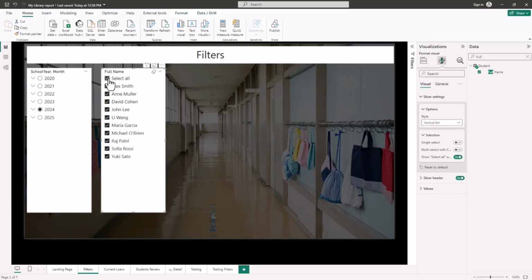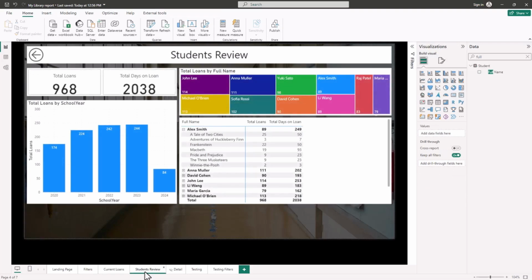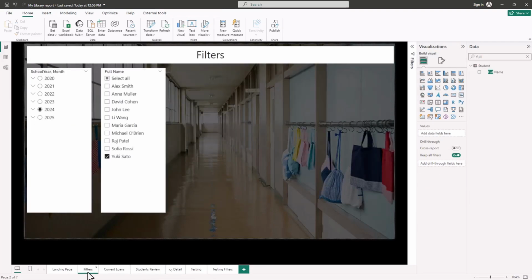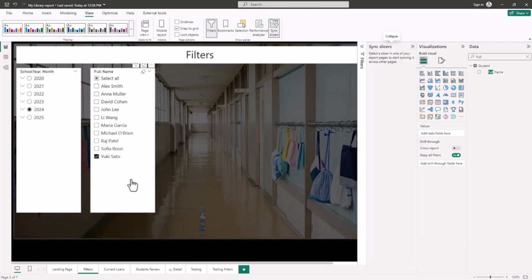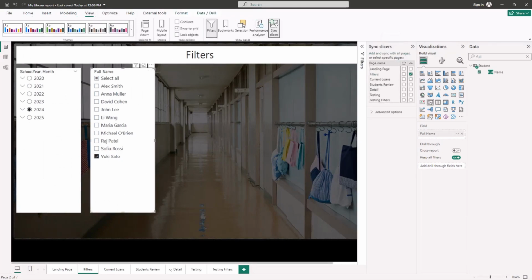At this point in time, the filtering has no impact on the other pages. If I select Yuki Sato, and if I go to the students review, I can see all of the students. The way to change this is to go to the filters, view, sync slicers, and then select on one of our slicers. If we select the refresh option on current loans and on students review, and then go on to the current loans,